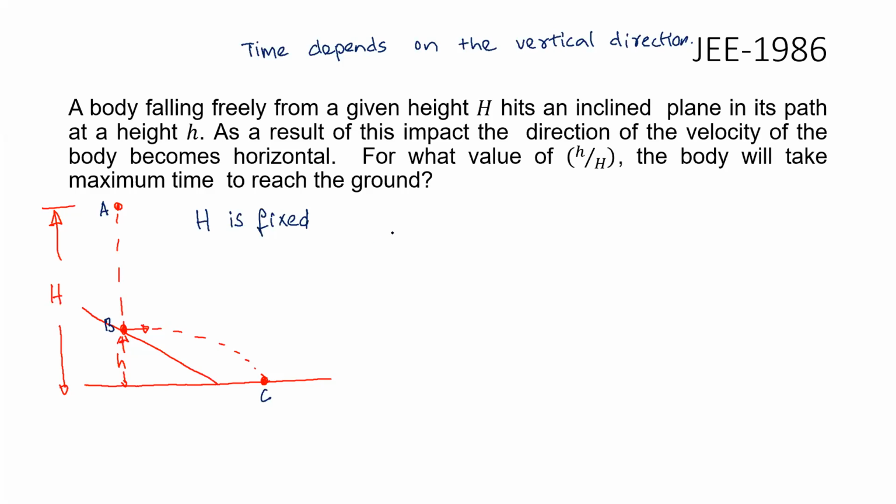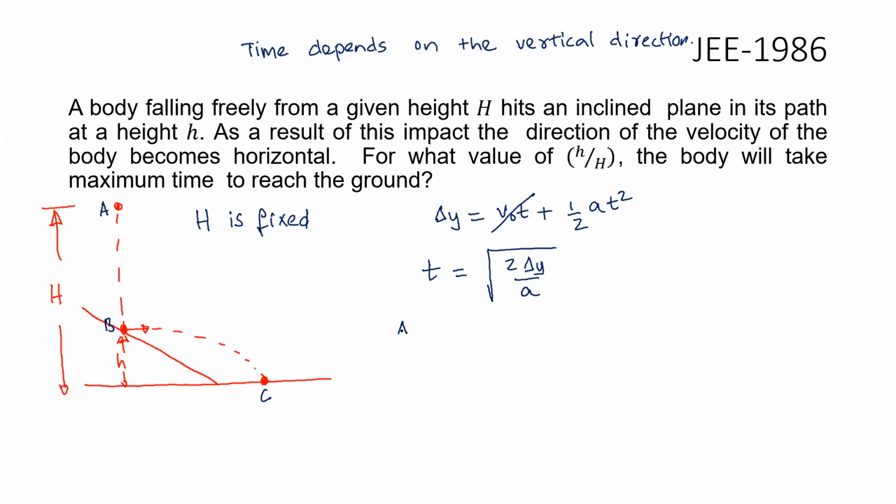So now vertically we can use delta y is equal to initial velocity v naught t plus half a t square. Now when you consider A to B, the initial velocity is 0. When you consider B to C, also the initial velocity is 0 vertically. So I don't have to worry about this. The time will be simply square root of 2 times the displacement by acceleration. Clearly for both the parts the acceleration is g.